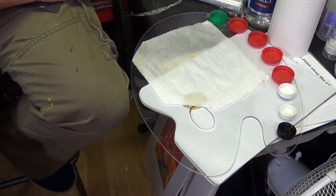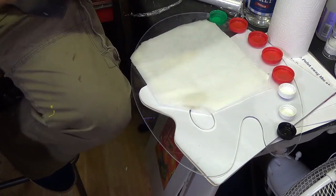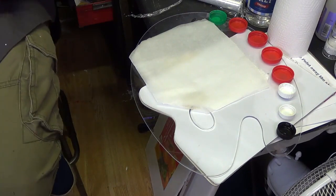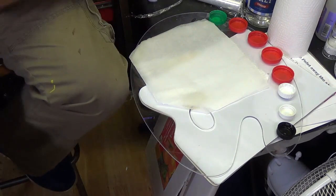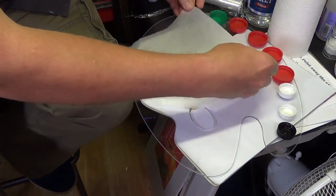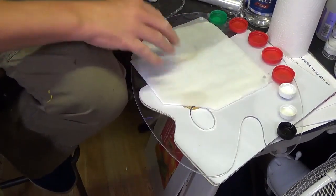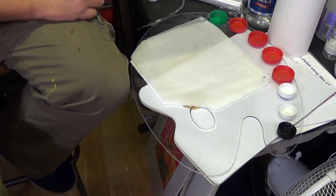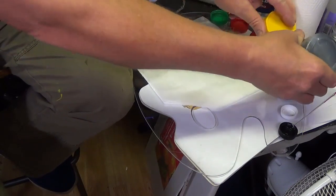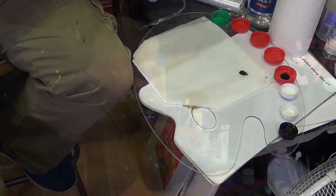Now you can put cling film over that, or all you need to do is get a little bit of parchment paper or something like that, and we need a bit more blue tack, and it takes a little bit of time to get this all set up. But once we set this up, it's going to save us money in the long term. And you can just change this little bit of parchment paper or greaseproof paper when you're ready, and then we can put our paint on there, and there we are. There's a nice easy way to save ourselves some money,